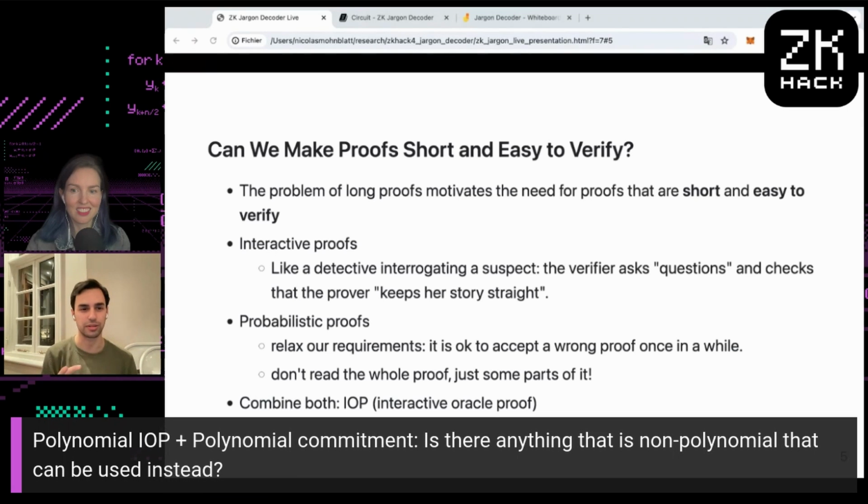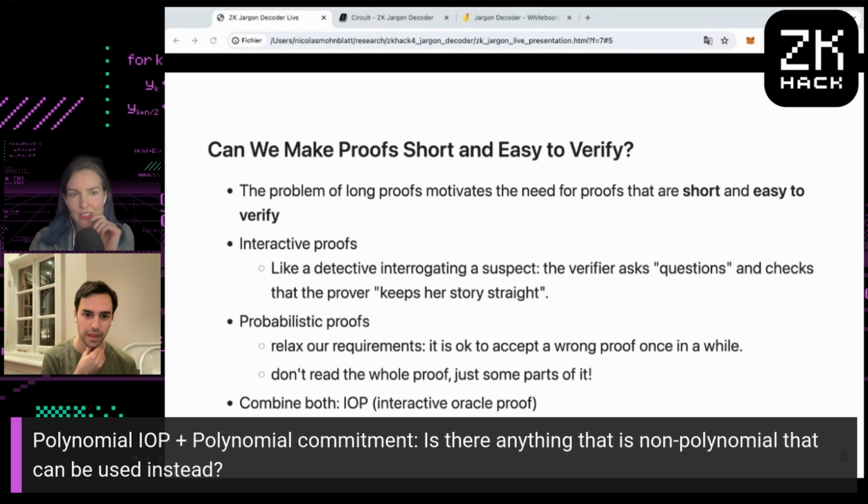But there are other objects that have this sort of amplification property. One of them is more generic error correcting codes. If we go back to the earlier work, like Ligero or the original STARK paper, that's what it was based on, even though the codes they use are polynomial based. But you wouldn't say it uses a polynomial commitment scheme, for example.